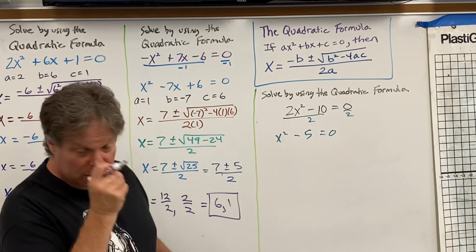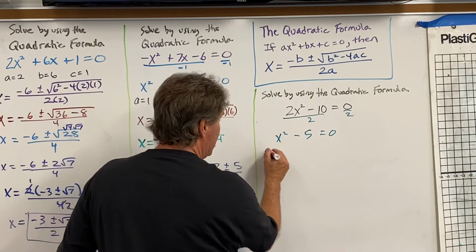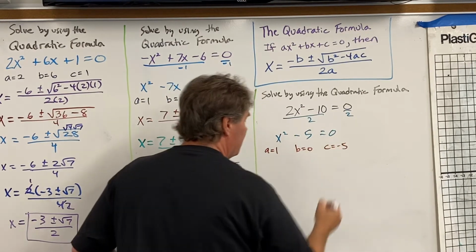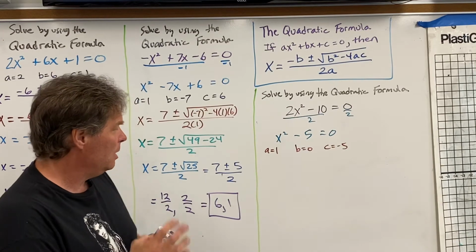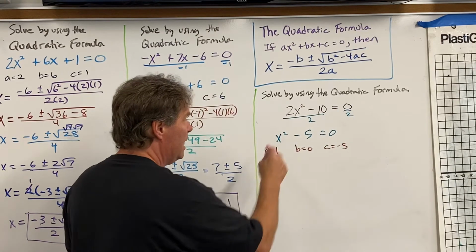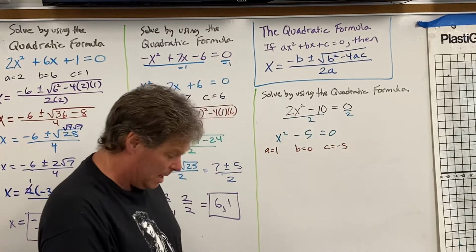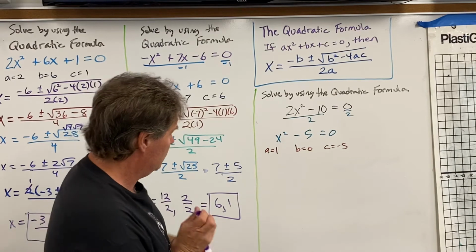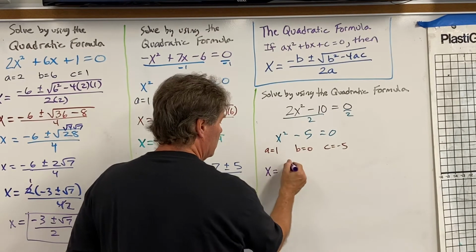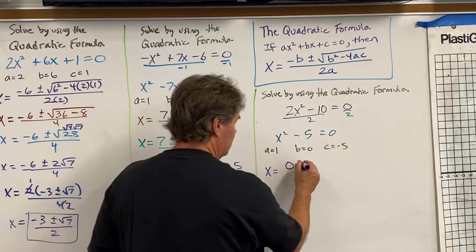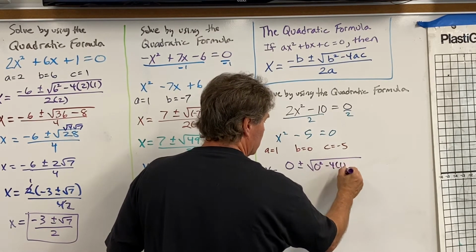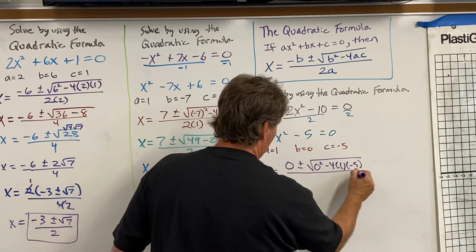Okay, so here we go. Wait a minute, x squared minus 5 equals 0, so I can go A equals 1, B equals 0, C equals -5, right? There's my A, B, and C. So an A value of 1 and a C value of -5 gives you the same answer in the long run as an A value of 2 and a C value of -10. So let's go ahead and do it. We're going to get x is opposite of B, so opposite of 0 is 0, plus or minus square root of B squared, so 0 squared, minus 4AC, 4 times 1 times -5, over 2A,